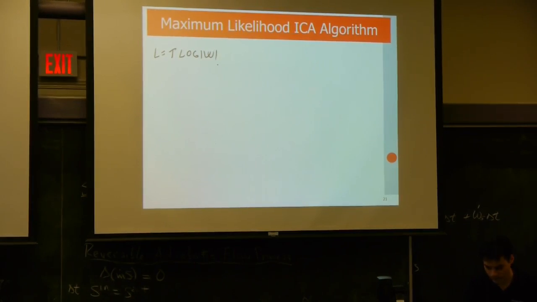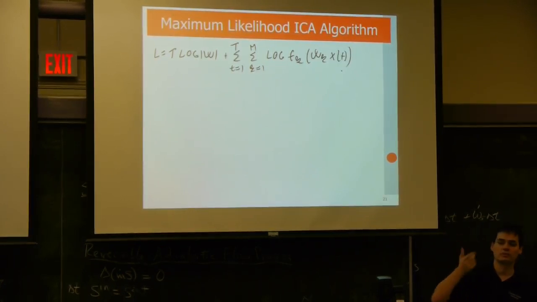So let me just rewrite what we had. We have T samples, we have M components. This is what we proved in the previous slide, and we need to minimize this. In maximum likelihood estimation, we need to maximize this in W. So what can we do? We calculate the likelihood L with respect to W,